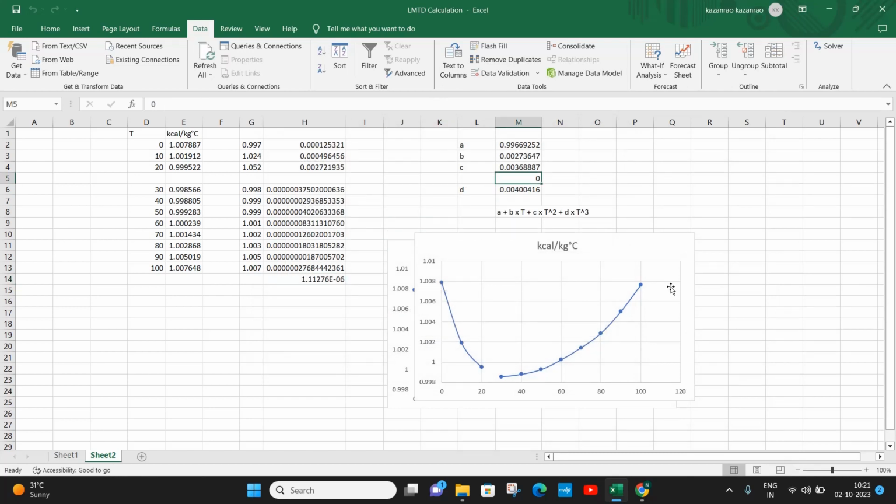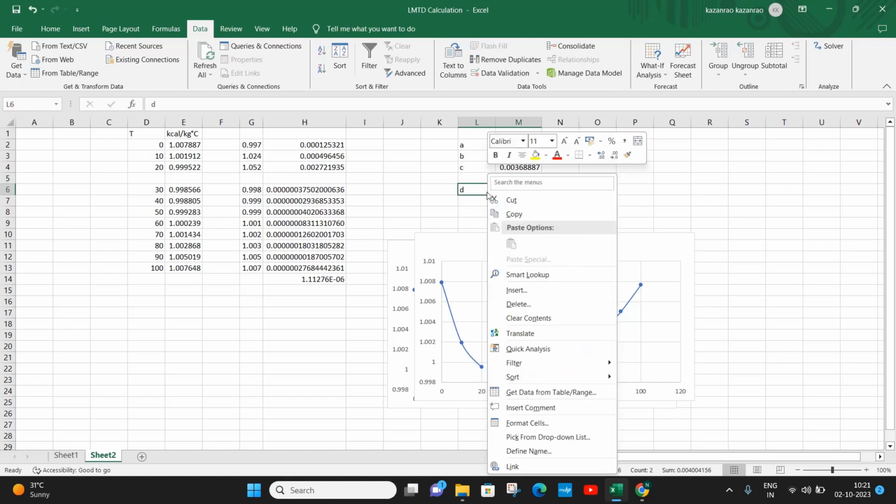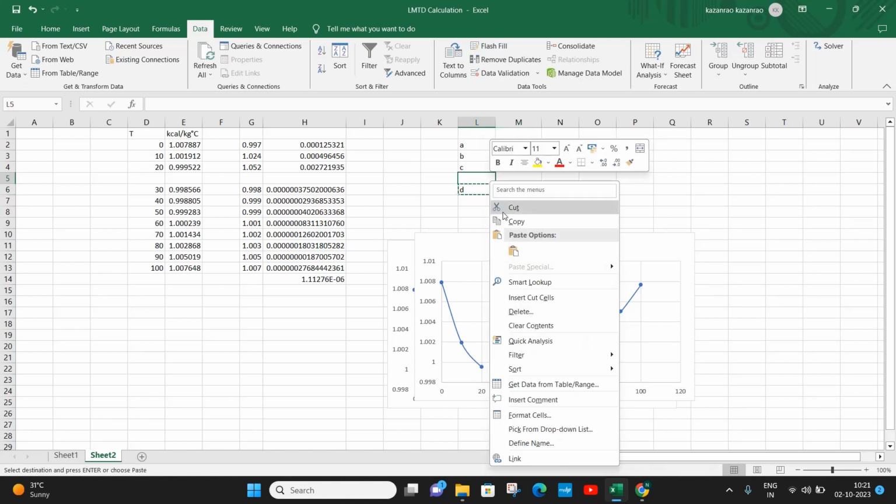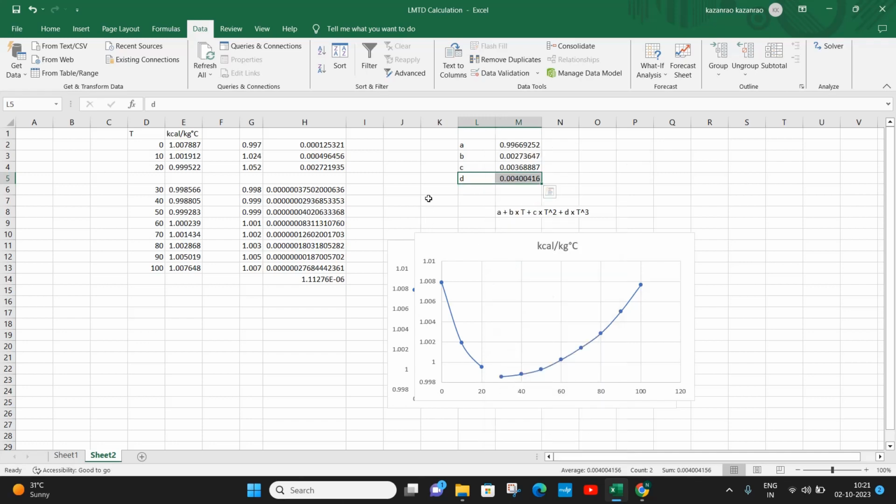So this is the solution. And now this is the solver solution. So your equation has a as 0.996. You can use this equation here, and similarly you can make another equation for values from 0 to 30